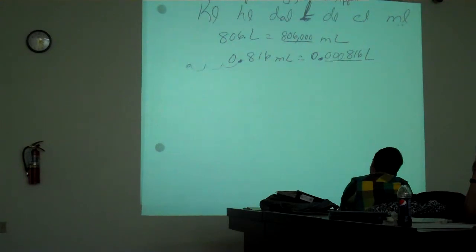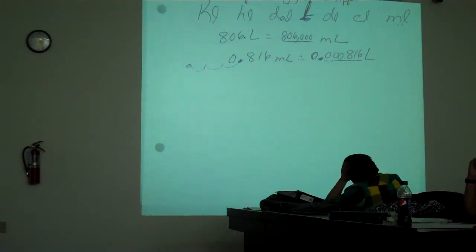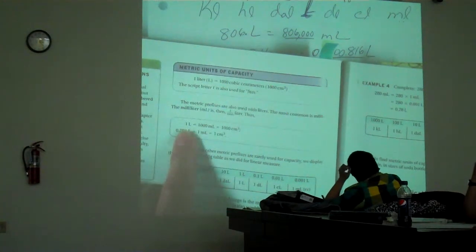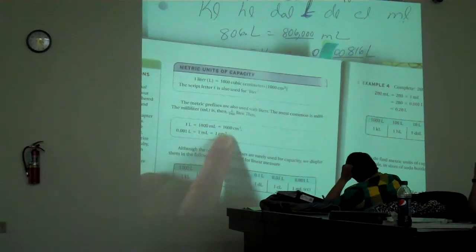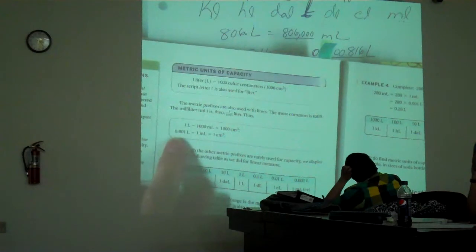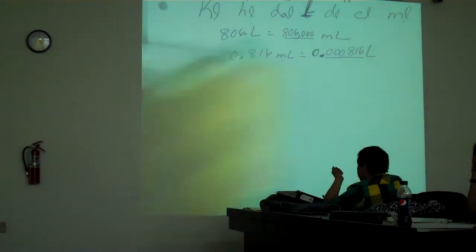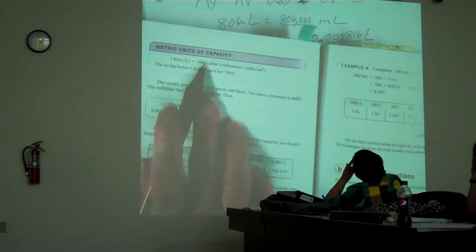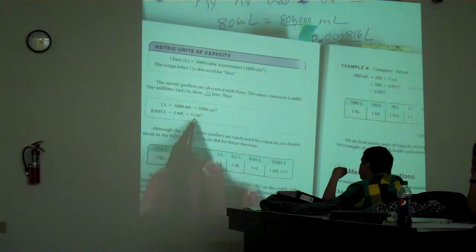Okay, there's liters and cubic centimeters conversion. That would be this chart right here. A liter is 1,000 milliliters, which is also 1,000 cubic centimeters. Or you could use these decimals right here. So you should have those written down. Actually, I didn't tell you to write those down, I told you to write that one down. It's almost the exact same thing. This will be more useful because it's got that. So you might want to add that